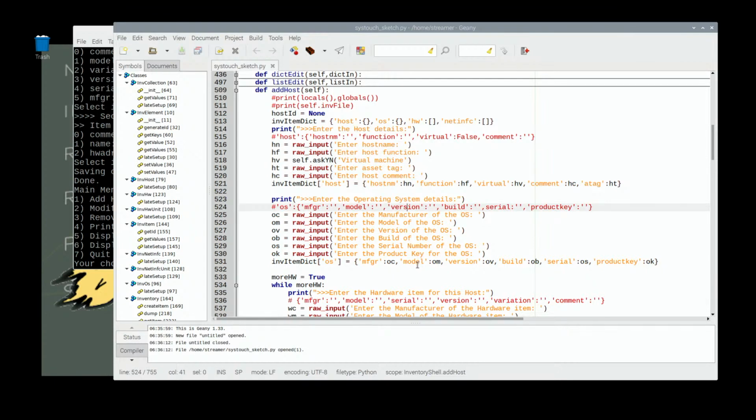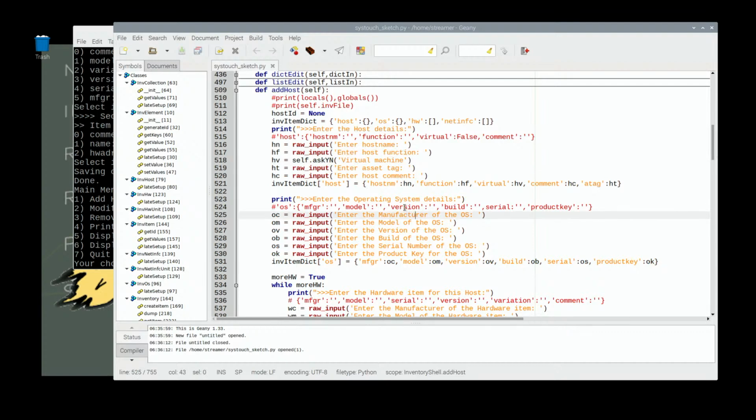And doing that configuration in the init and all that. But this wasn't too terribly bad to write. Most of it is just direct raw inputs. But this one, ask yn,